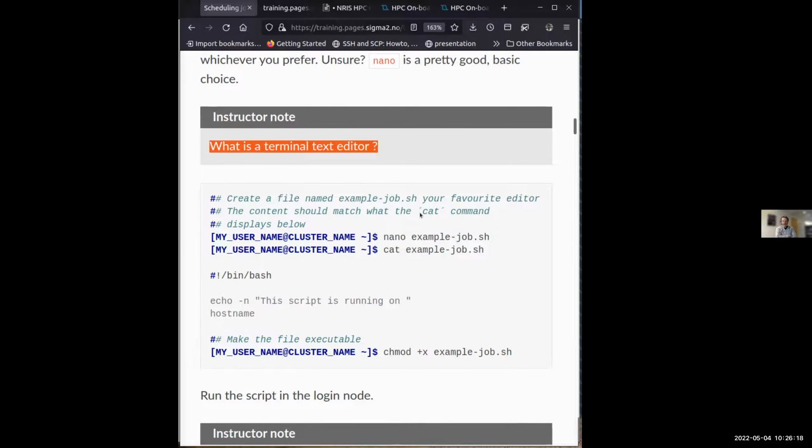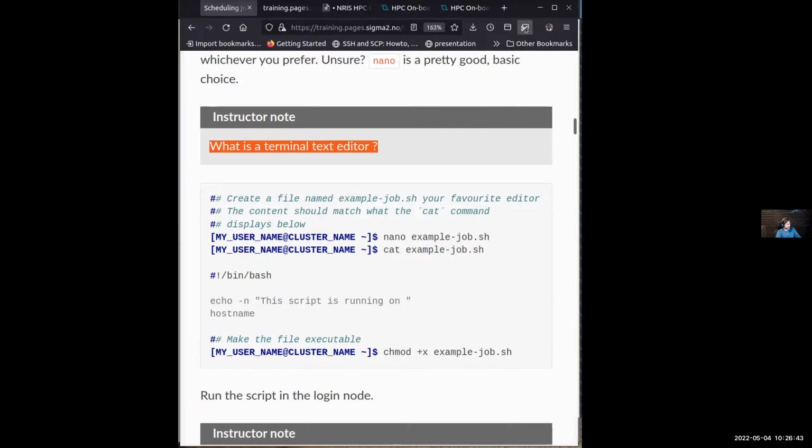It adds a lot of metadata which the batch system doesn't understand. So we need a pure text file with the different commands, and that's why we will use a text editor. Yes. So what we see and what the computer sees should be exactly the same.